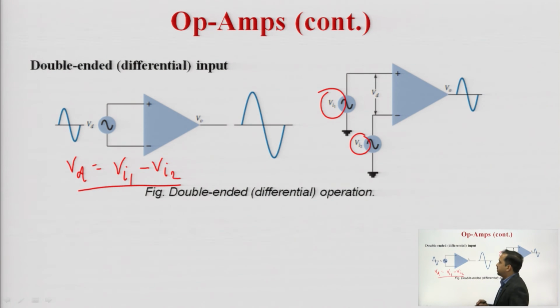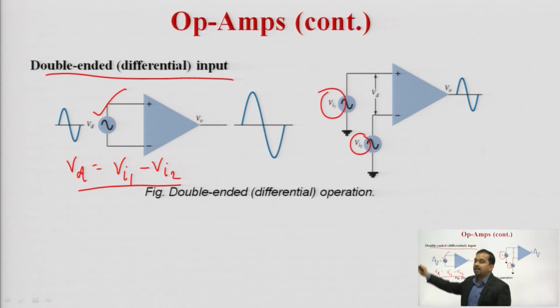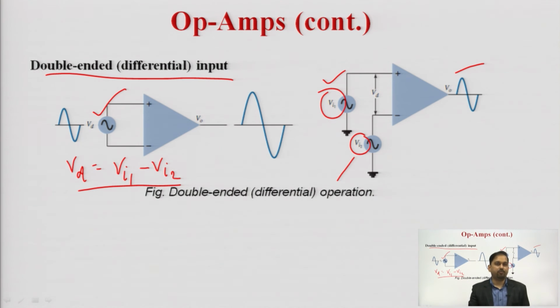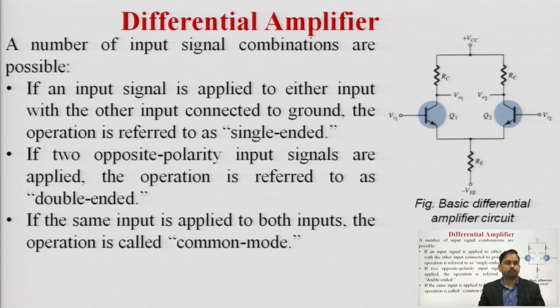So, it is a differential voltage. This is known as the double ended input, meaning we are utilizing both the input terminals of the op amp. Again, if this voltage Vi1 is high, the output will be non-inverting, and whenever this Vi2 is high, we will have the inverting kind of waveform. So, these are the two op amps, one is a single ended input and one is a double ended input.